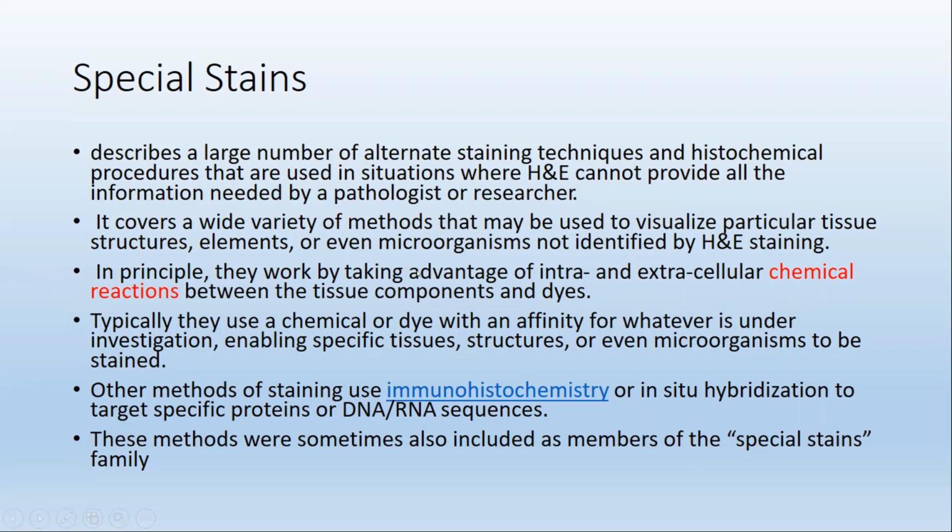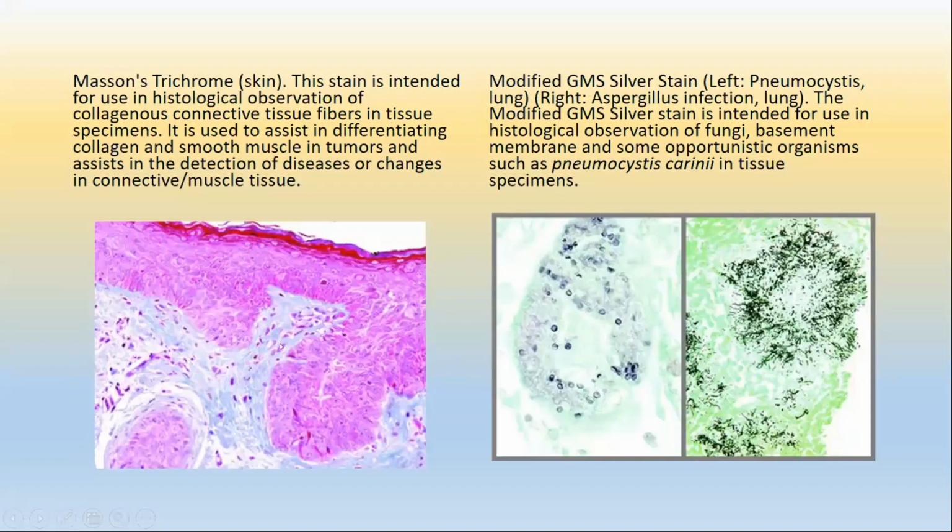Under the term special stain, we also have other very specific stains. But in histopathology, when we talk about special stain, it is the stain that uses chemical reaction as its basic principle and mechanism. Here we get to see more colors apart from blue and pink. Depending on the content of the cells and the dye, we get certain colors.